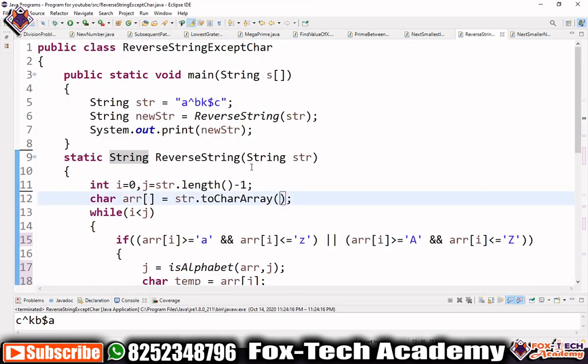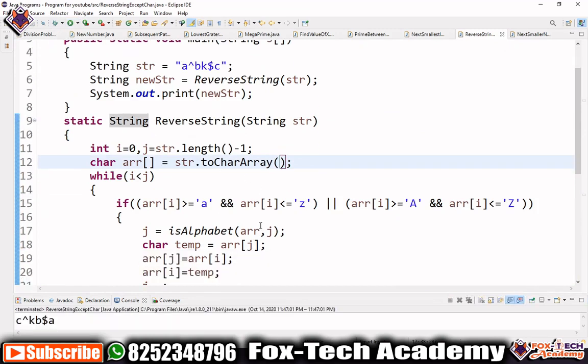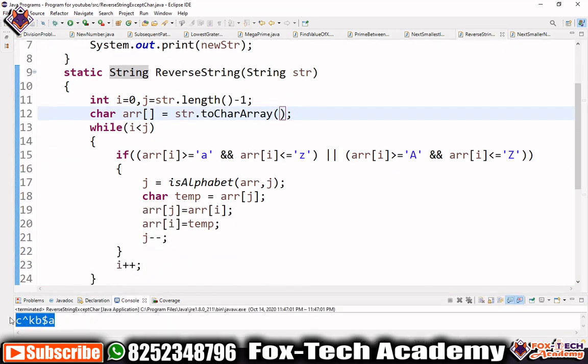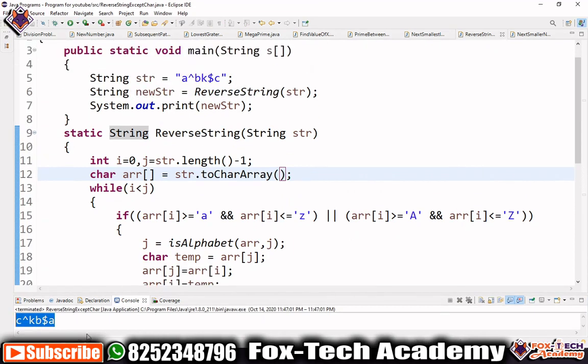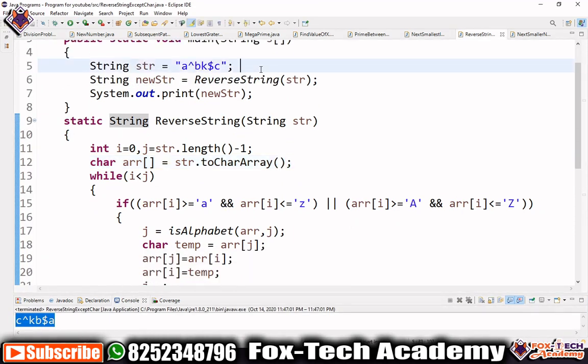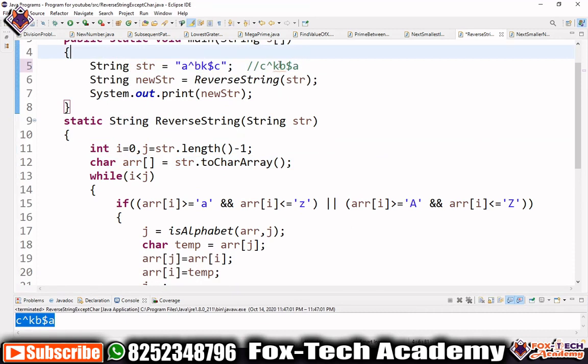Let's run this program. When we run it, you can see that it has given that output. If we compare this output with our input, this A is replaced by C, and C is replaced by A. Next time it finds a different character, so it will not be replaced.